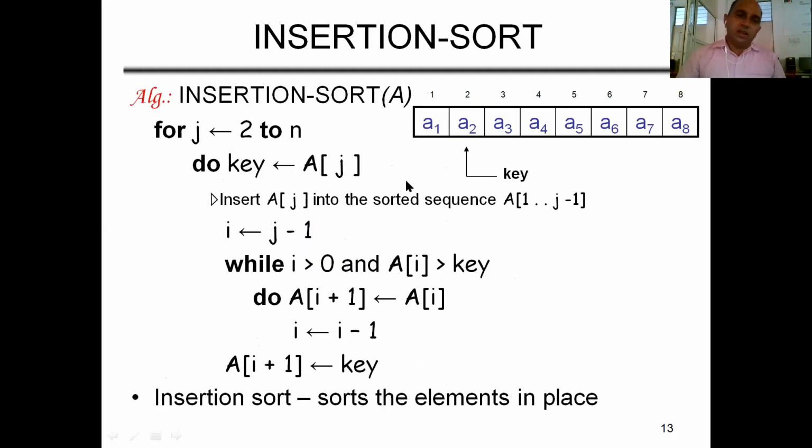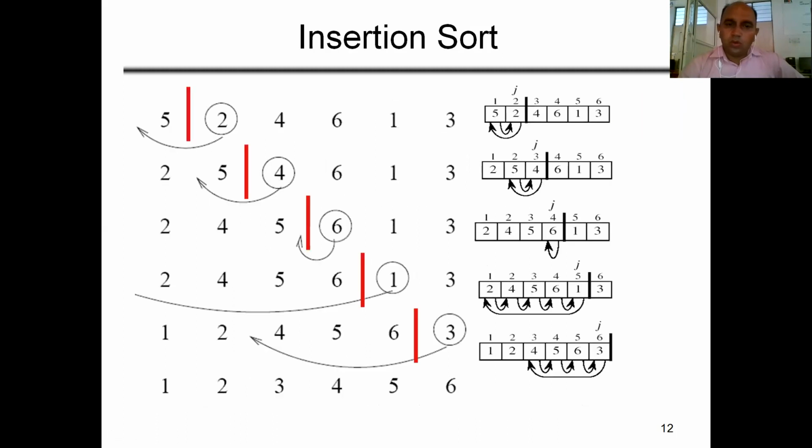Now comes the insertion sort algorithm, how it works. You can see here this arrow represents the equal sign or assignment operator. This triangle represents the comment line. Here we are writing a for loop, and j is the variable, because in the previous figure you can see if there are n elements, then we have to take the key value from position 2 to the last element.